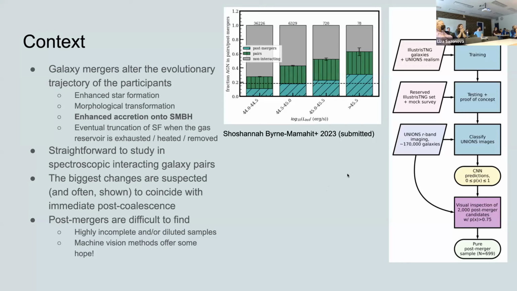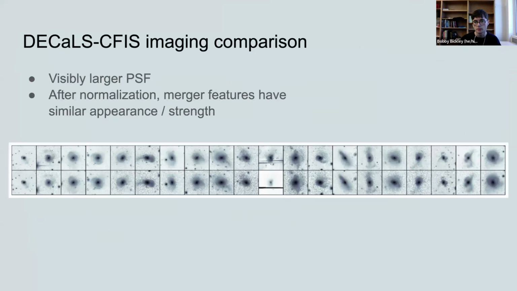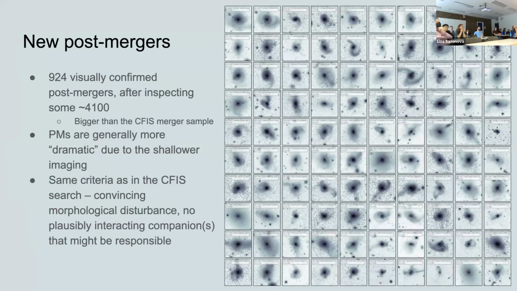James has a question. Could you just go back to the thumbnail you had of the systems you identified? Oh, sure. Here we are. Some of these look like there may be more than one kind of thing. There were a few that looked like they had big tidal features crossing them. Do you have a more detailed sense that these are all really similar objects?